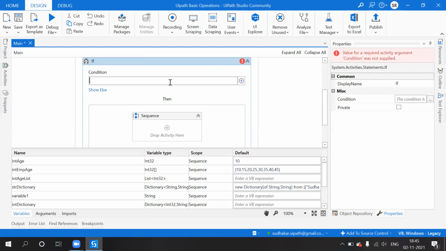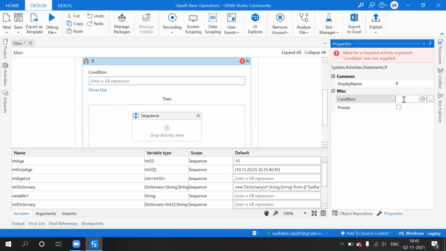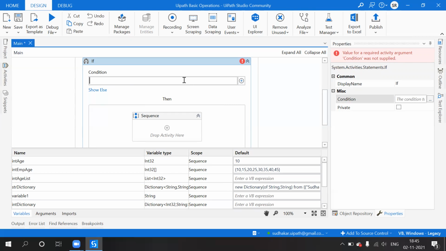Now, what are the inputs it requires? If and condition, and then private. What is the condition you would like to put over here? So I have a data, so I will put the condition here.